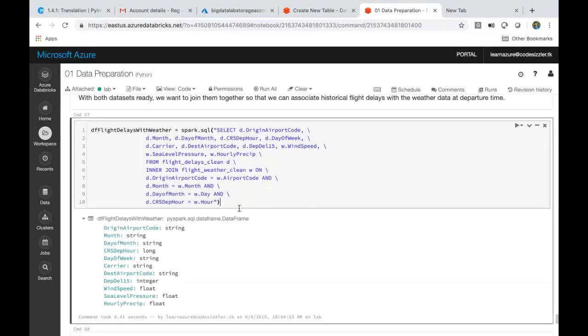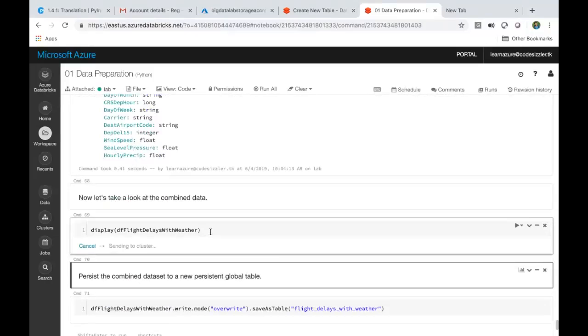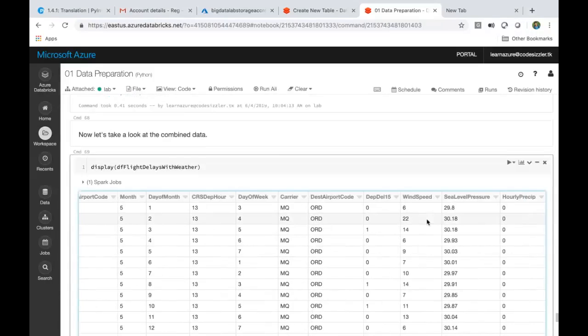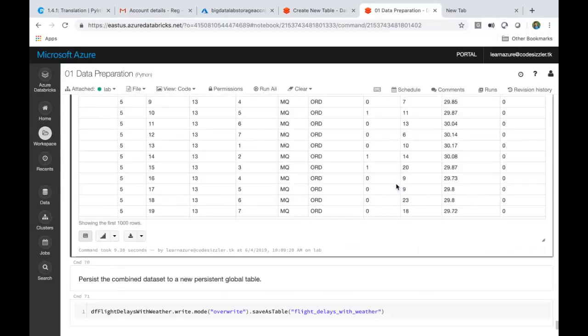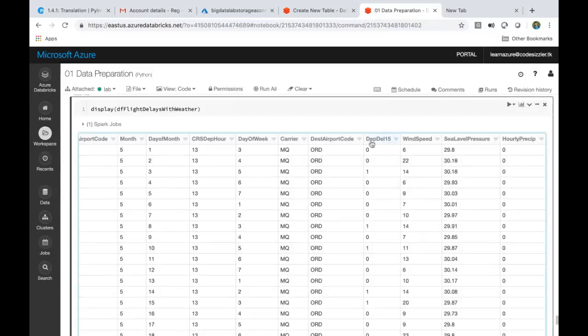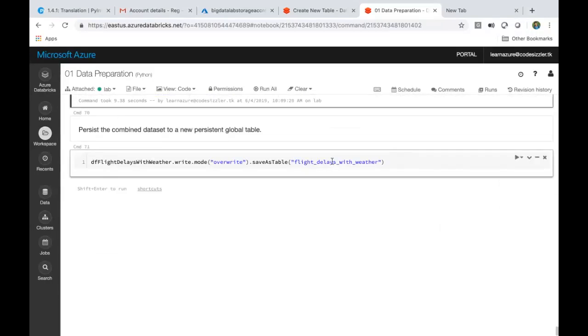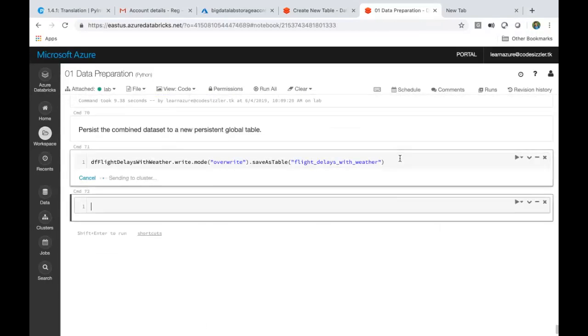Okay, so let's go and see what is inside this now. This is the right dataset we have for our data modeling now. See here, I have created my dataset inside this. It's all given to us, with what is required inside this, and whatever we want to predict is this one. After passing all these parameters, I want to find out if it is getting delayed or not. That's the requirement I have now. So let's go down and save it to a main table called flight delays with weather data. Say execute this.